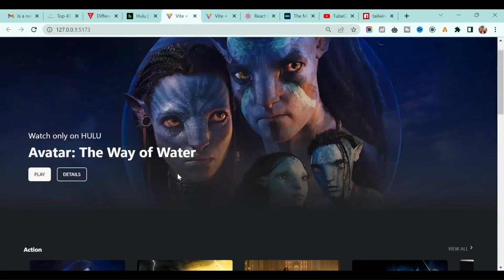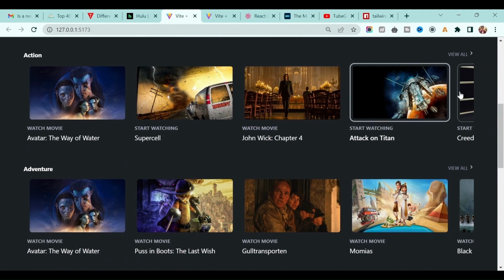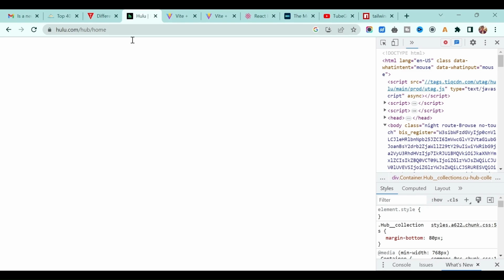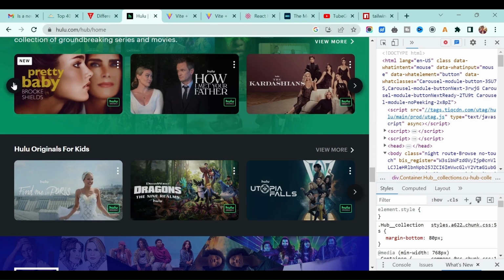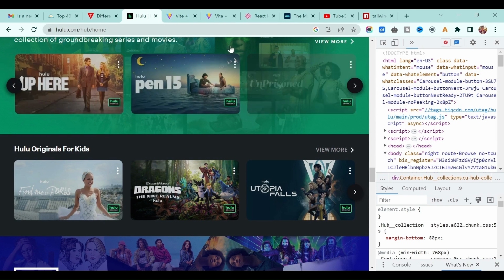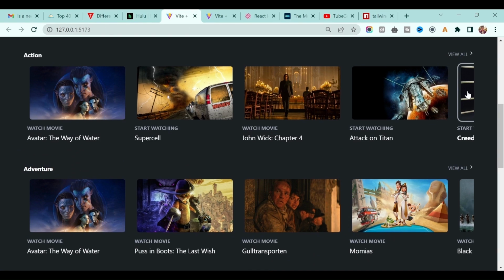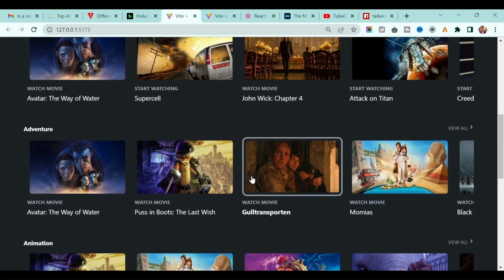Okay, now next thing, what we have to do, if you see this, we have this button in order to move left and right, correct? And that particular feature we can give now.